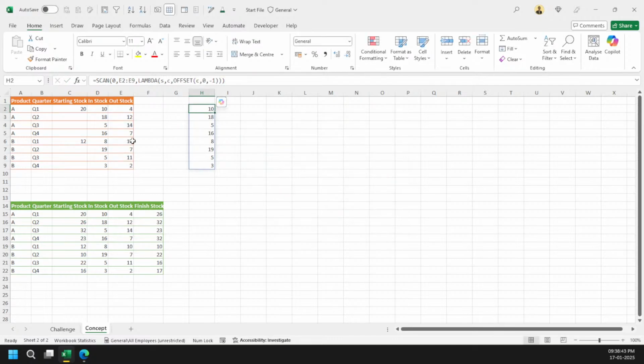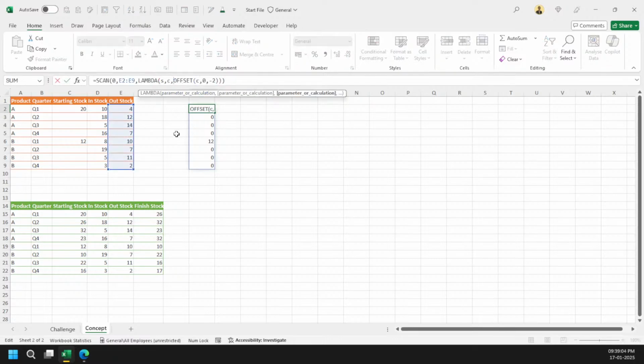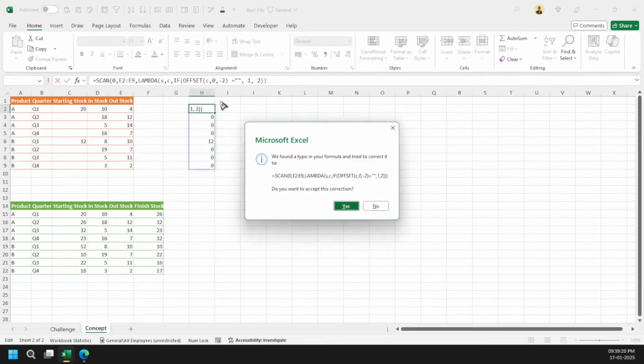The moment you do that, just see here, now I am referring to my in stock column. And then if I do -2, then you will see that I'm referring to my starting stock. So this is one of the ways you can actually solve it, and it will be completely simple. And now because we know what value is being held where, what we can do here is: if my offset to my starting stock is empty, then just see how we will build the logic. So give me one, otherwise give me two.